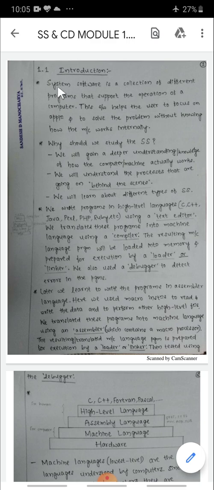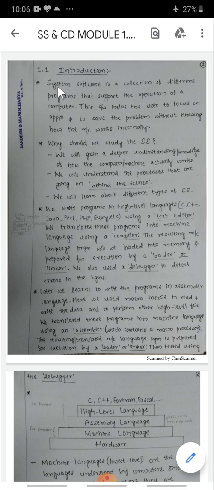So before going to this introduction, let me explain some simple concepts like a program, software, types of softwares, etc. Program is nothing but a set of instructions that we give to a machine or computer to perform a task. Software is a collection of programs or a set of programs to perform a particular, well defined task.